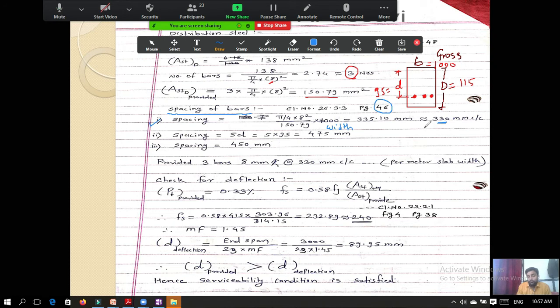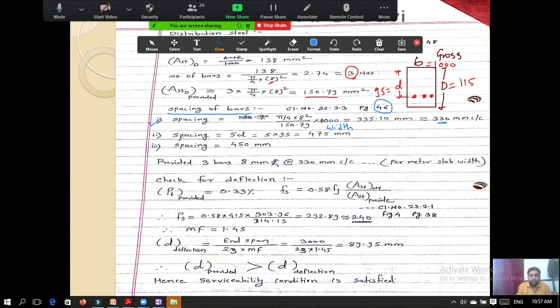If you increase the spacing between two bars, the number of bars will decrease, and it will reduce the strength of the slab ultimately. So here 335.10, we reduce the spacing, and it works out to be 330 mm center